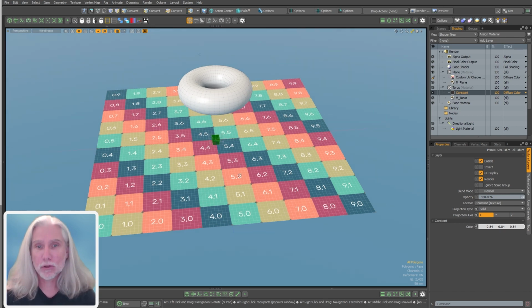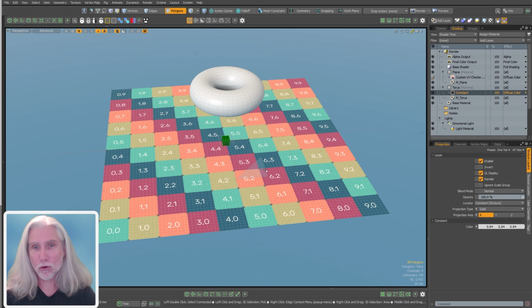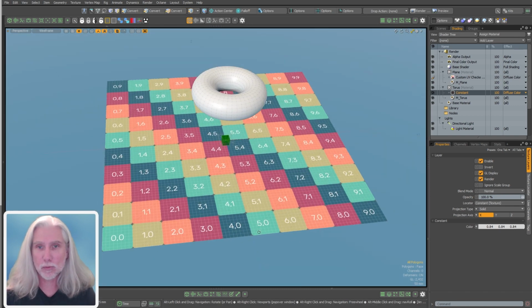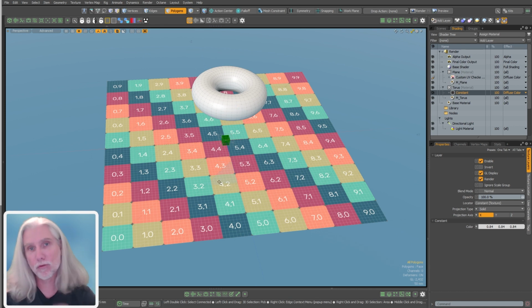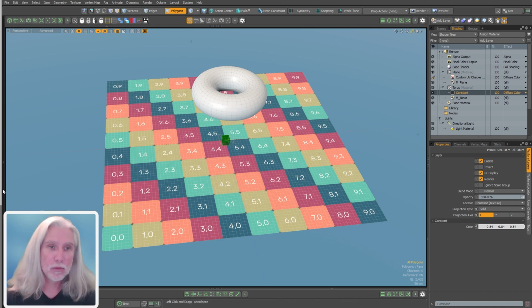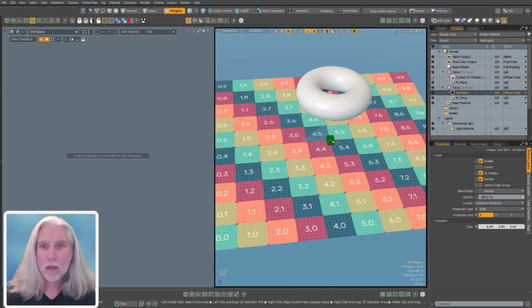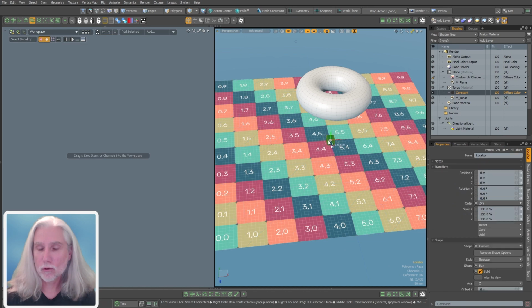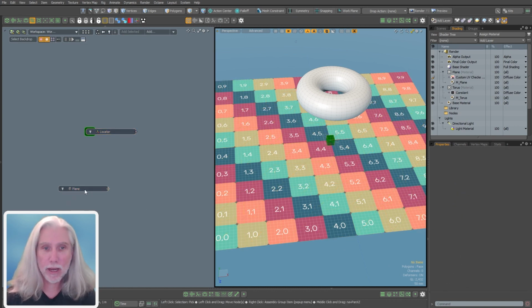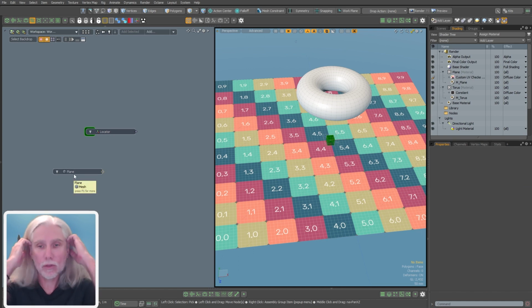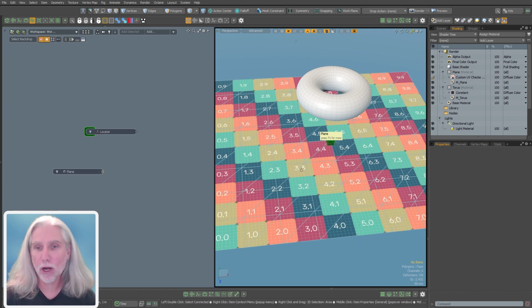Initially, to set this up, we're just going to use a locator to sample the color underneath it in this plane, and we're going to drive the color of this torus with it. So I'm just going to pop open a schematic here. Whoops, not modeling tools, schematic. And then I'm going to drag my locator in. I'm going to drag in my triangulated mesh. And again, this needs the mesh to be triangulated to get the proper